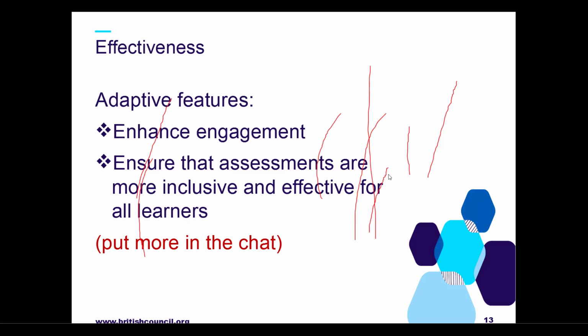Once the digital assessment tools that you're using are adaptive, there will be engagement in the classroom session, and learners will likely participate more, and there will be more positive feedback. Then they ensure that assessments are more inclusive and effective for all learners. Remember here, we are advocating for you to move with the entire class, not for you to move with a few students in the class.